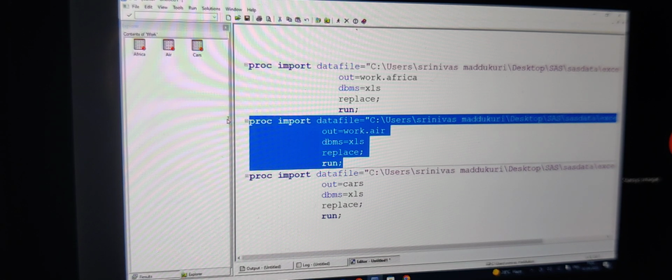How are we going to write the macro code now? Now, can you tell me, here we have written three proc import procedures. One second. Now, whenever I want to execute the same program again and again, in such a scenario, we are going to apply